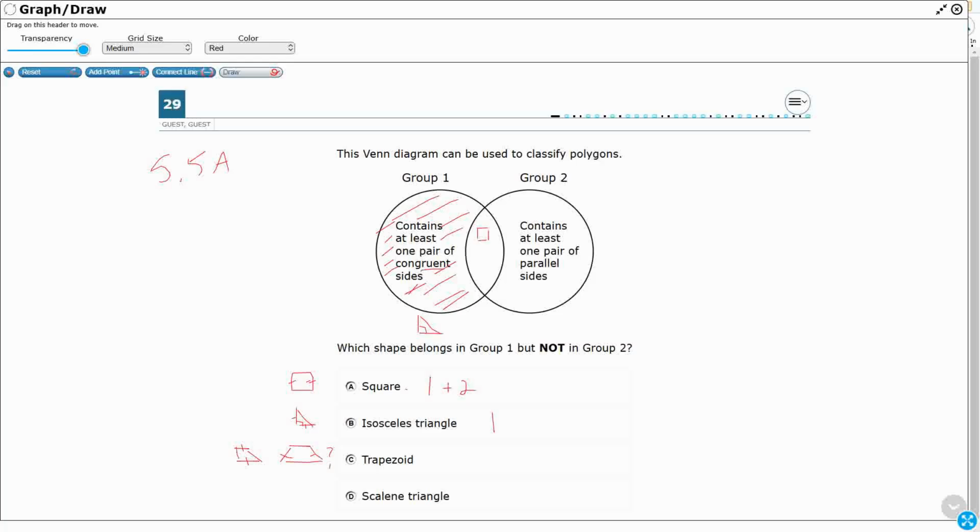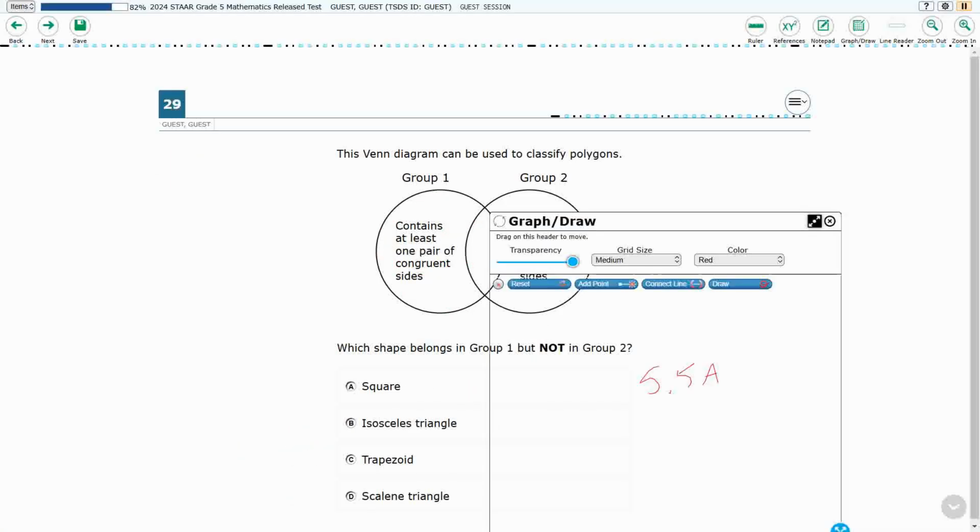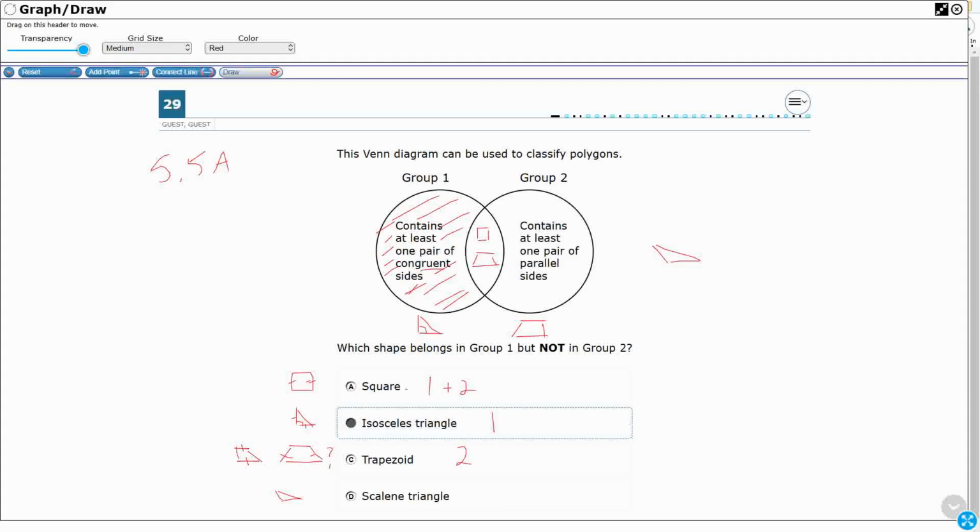So I'm going to draw a trapezoid over here if it's a right trapezoid, and I'm going to draw it right here if it's just what we would consider a regular trapezoid. Either way, it's not in group 1, so we're good. And then a scalene triangle has no congruent sides. They're kind of hard to draw. So definitely not group 1, and it's got no parallel sides. It's just out here, out in the middle of nowhere. All right, so we do have this isosceles triangle that is going to be our answer because it is in group 1 but not in group 2,